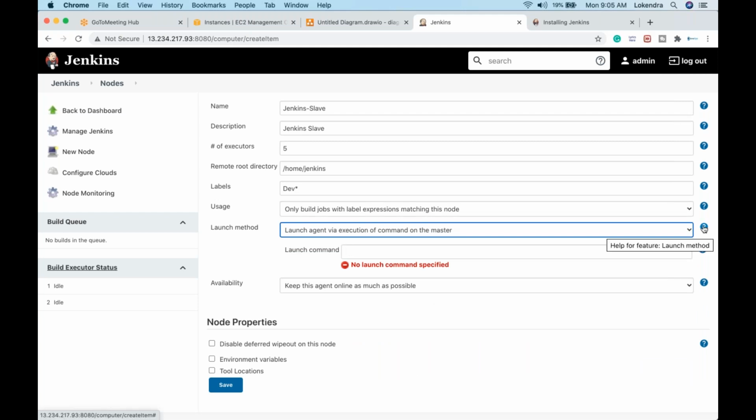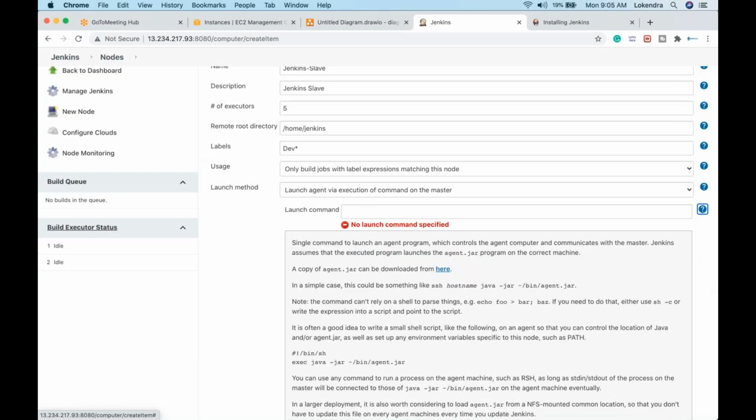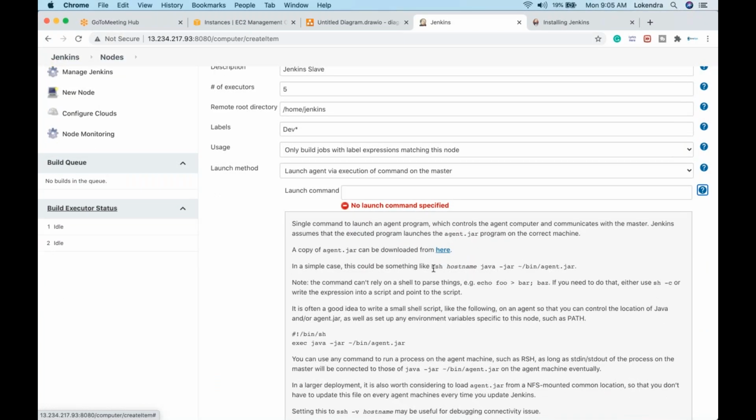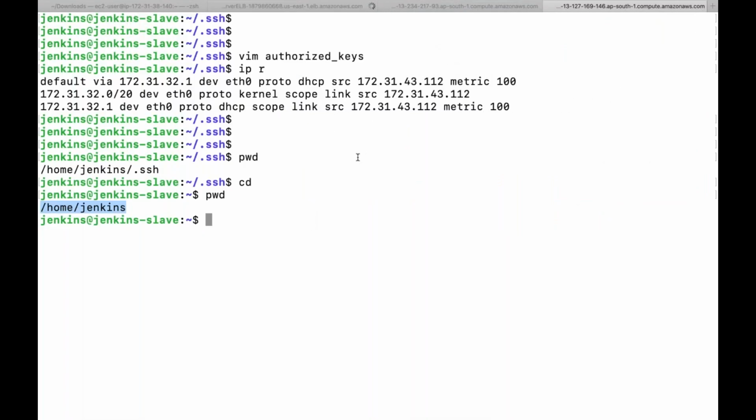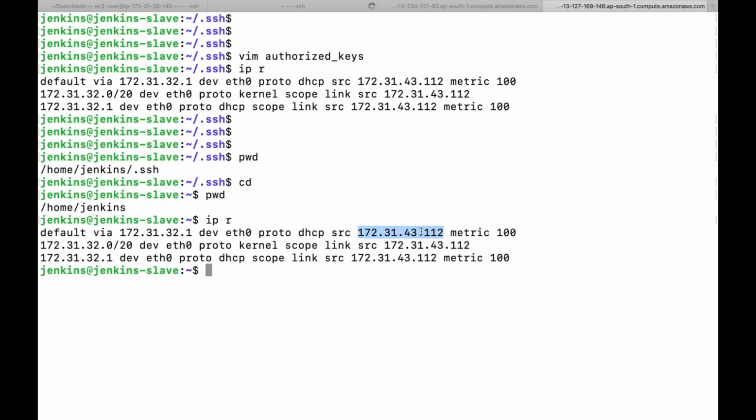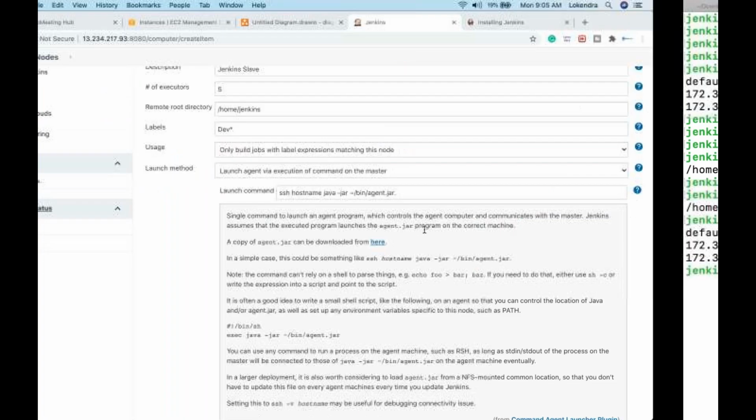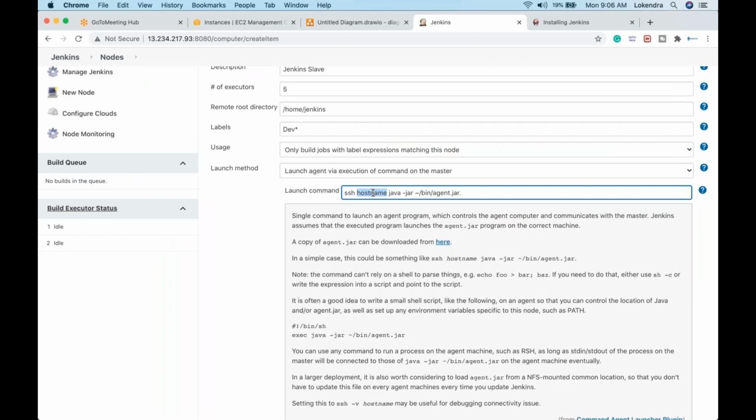So guys, if you remember, I'll go to this particular section and check what command I need to run. This is the particular command, I will have this command here. So first of all SSH, then host name. Rather than providing host name, I will go to the server and pick the IP address. Guys, I'm doing this step by step so you should also be able to perform the same, right? Rather than providing host name, I'll say Jenkins, because if you remember, Jenkins is the username for which we made password-less authentication, right?